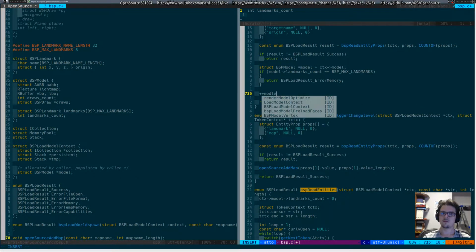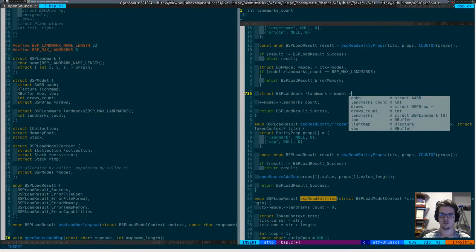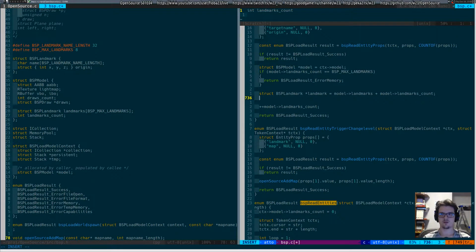And landmarks count increase. And here struct BSP model, not BSP model, BSP landmark, and obviously it should be a pointer. Model landmarks plus the model landmark count. And here I should store the